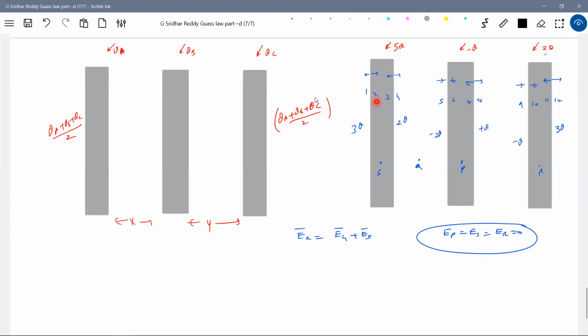The field at A due to 2, 4, 5, 7, 9, 11: due to 11 and 2 at A will be 0, due to 7 and 9 at A will be 0. The net will be only due to 4, 5. So shall we put it simplified? The field at this point will be only due to these two. If you write in vector form or check the answer, what I'm telling you will be true. You can save a lot of time.